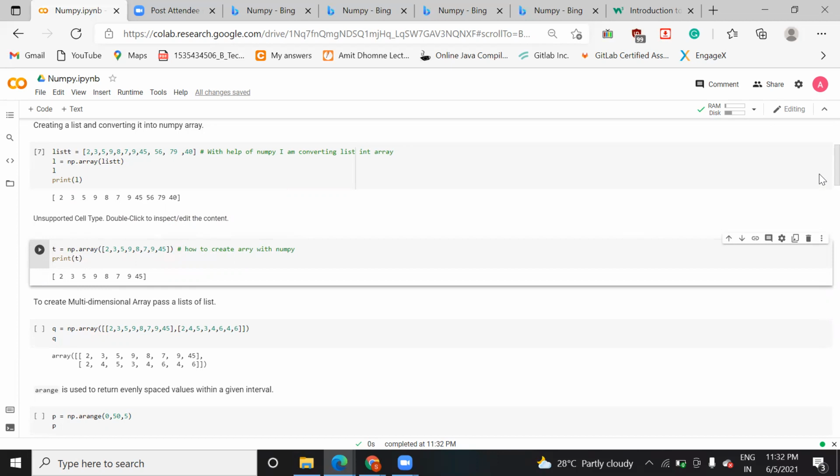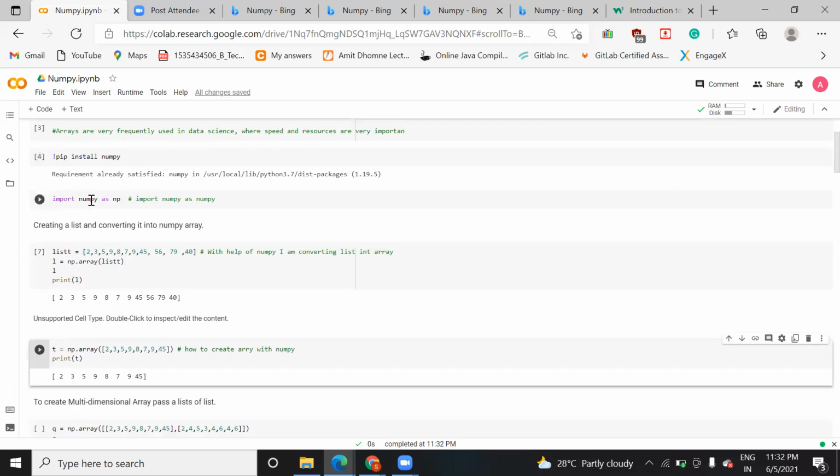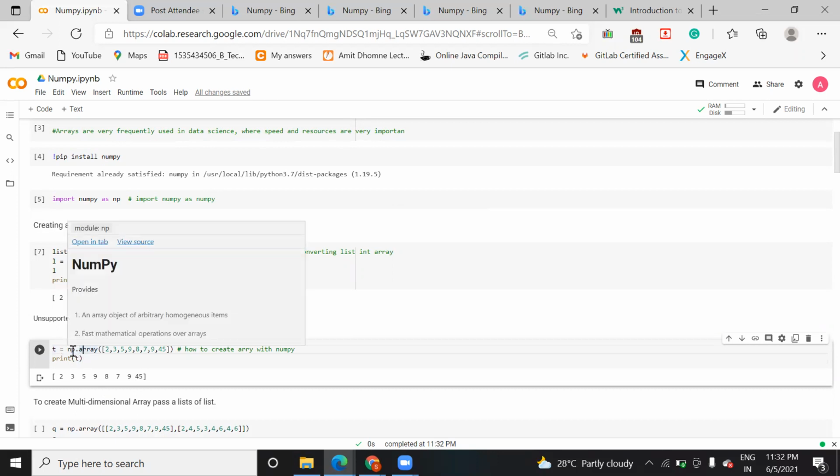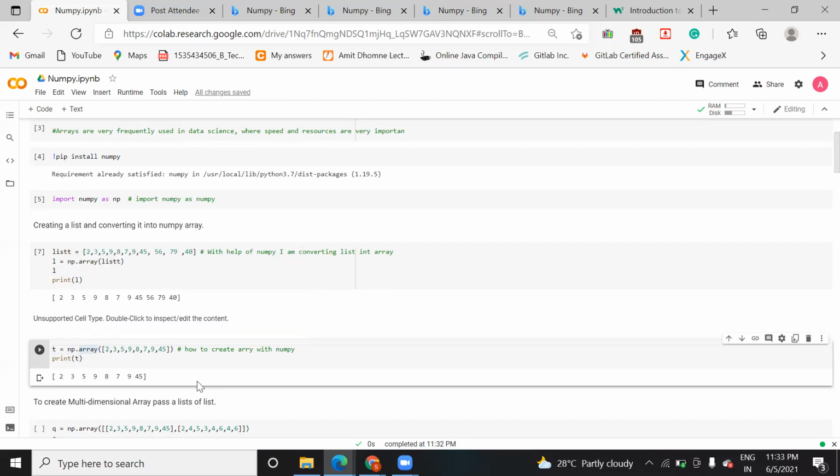The reason is that I have declared import numpy as np. If you declare import numpy as numpy, then you can use numpy directly. I am using the short name so that it is easy to write the code. When you put the cursor here, it will also suggest that np.array is an array object which is used to hold homogeneous data items, and it is used to perform computation fast over an array. So NumPy is used to convert this into an array.